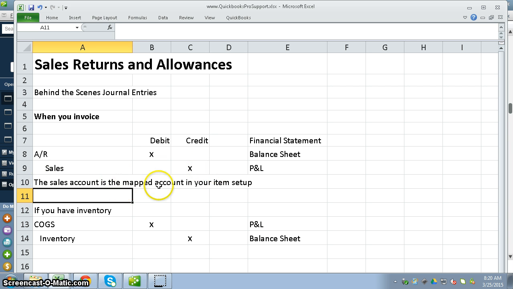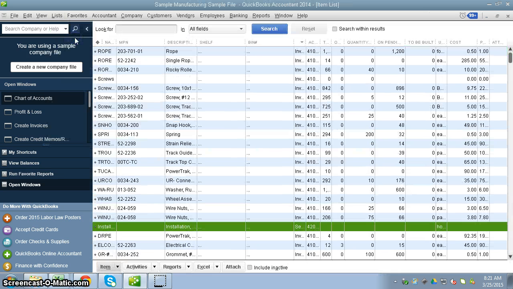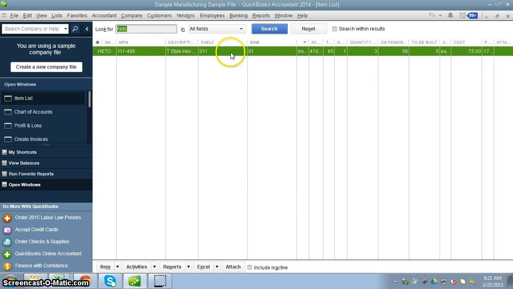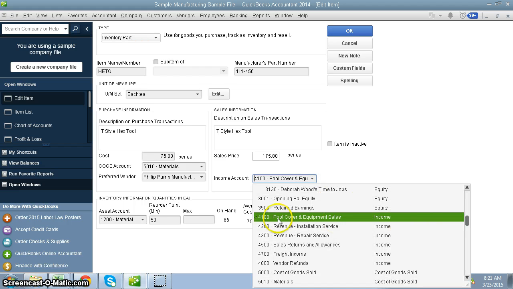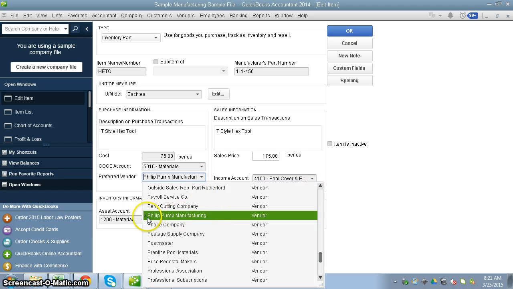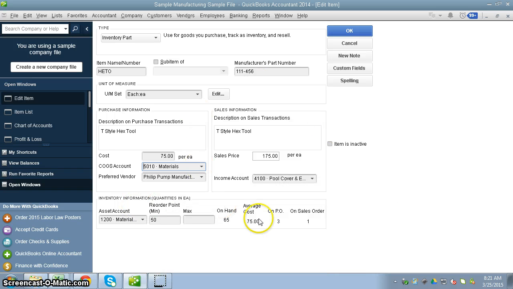And the sales account is the mapped account in your item setup. So in our example, if we looked at our item list, we're going to be dealing with this part here on a return. And you can see this is mapped to this income account. So when I invoice, this is the sales account this is pointing to. When I receive a bill and I use the item tabs on a bill, this is the account that this is mapped to. But right now we're just looking at the sales side because we're dealing with a sales return